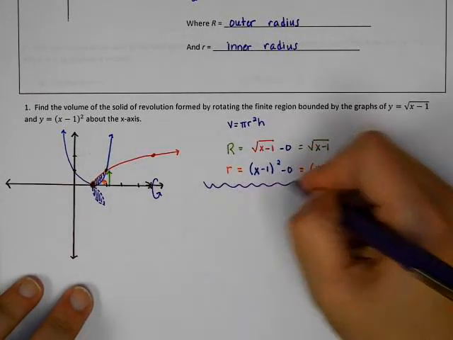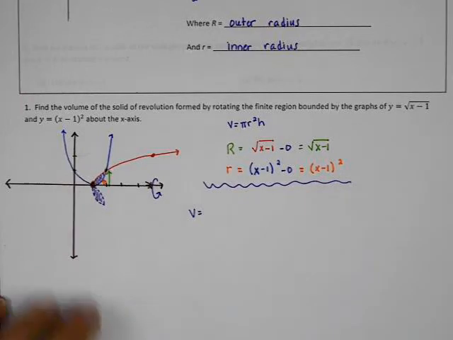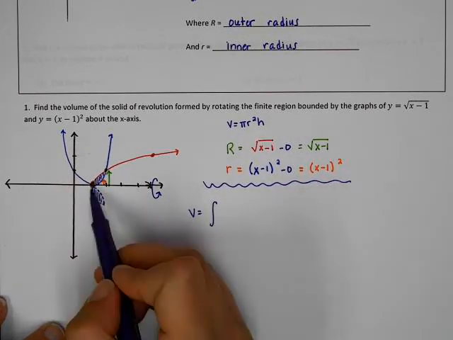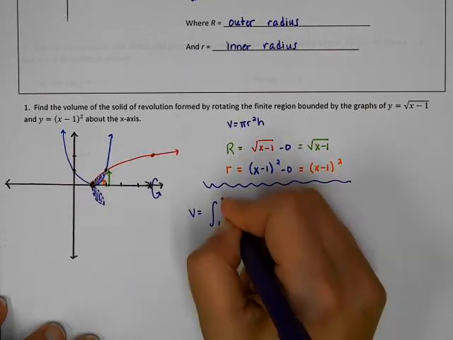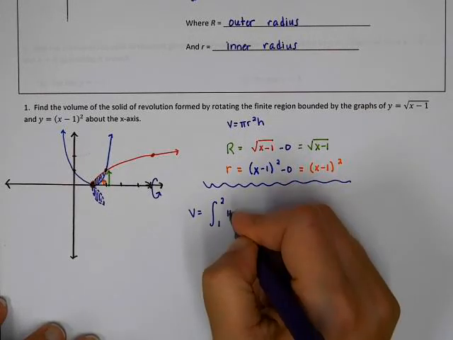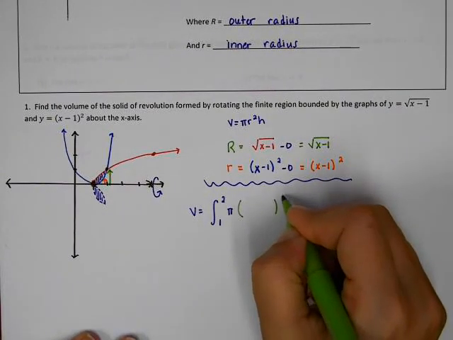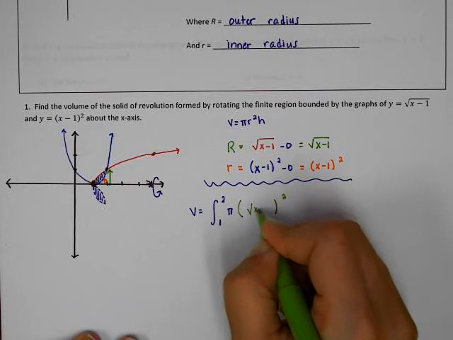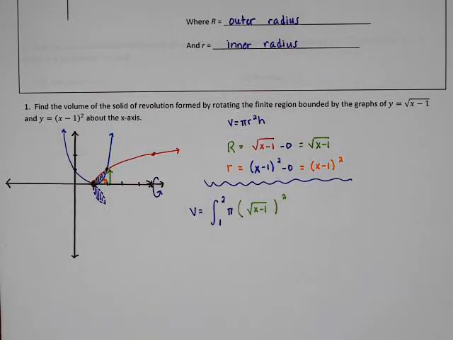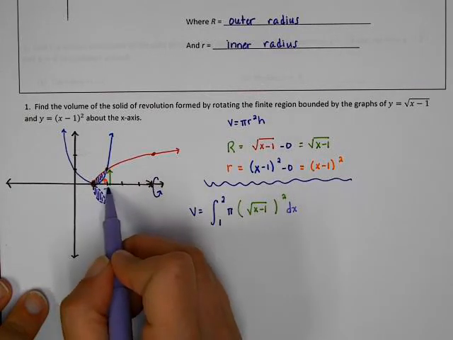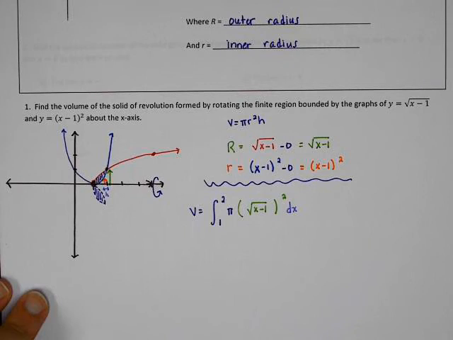Now when we set up these volumes, we're going to do this in two integrals, and it's very important that you do this in two integrals. So we're going to have the integral from, my x values go from 1 to 2, of pi times big R squared, which in this case is square root of x minus 1, and then dx, because all of my cylinders would have a little height going this way, a little tiny change in x,